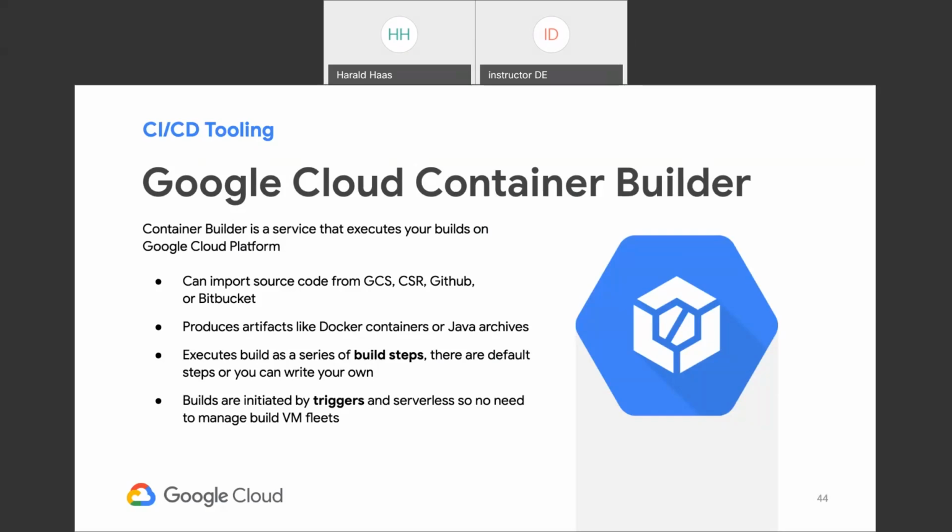It produces artifacts like Docker containers or Java archives, for example, and it executes builds as a series of build steps. The most basic build step would be to use the Dockerfile. So if you just want to use the Dockerfile, there is nothing that you need to configure. You just push the code to Cloud Build, and Cloud Build will automatically run a Dockerfile if there's a Dockerfile but no other instructions. But otherwise, there is a YAML syntax available in a file called cloudbuild.yaml. And in the cloudbuild.yaml, you can specify all the individual steps that Cloud Build should take to build your containers